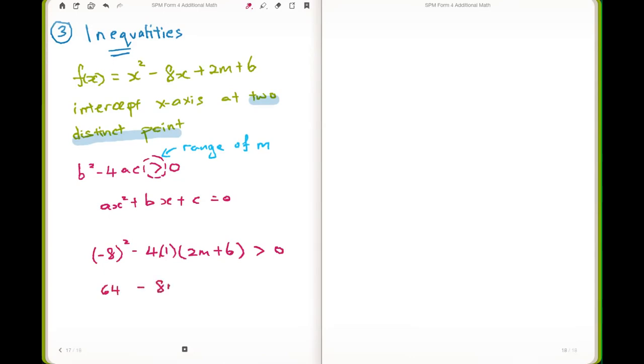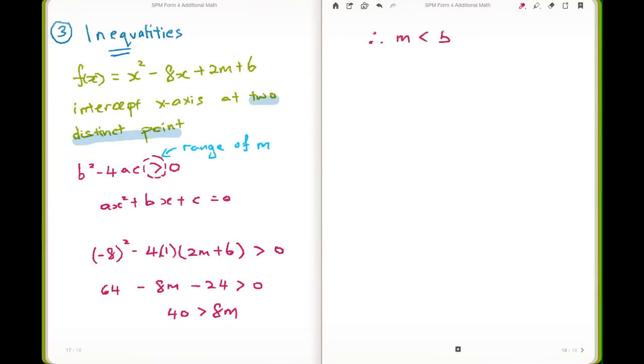Minus 8m minus 24 is greater than 0. This is 40 is greater than 80. 8m, sorry. So therefore, my m should be less than 5. This is for the linear case, when m is linear. Well, we'll try to look at values when you have the non-linear case. When the case is non-linear, when it's not linear,